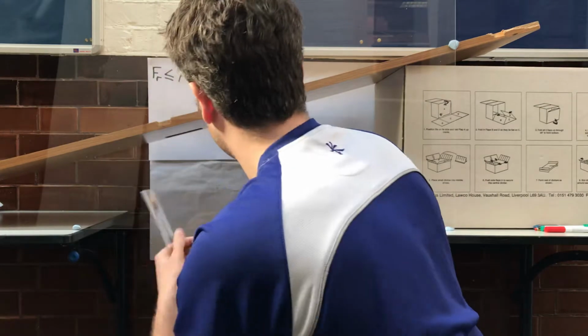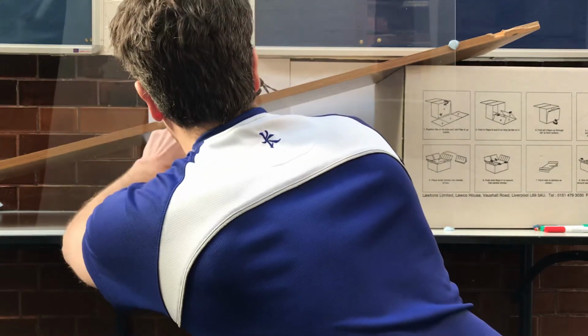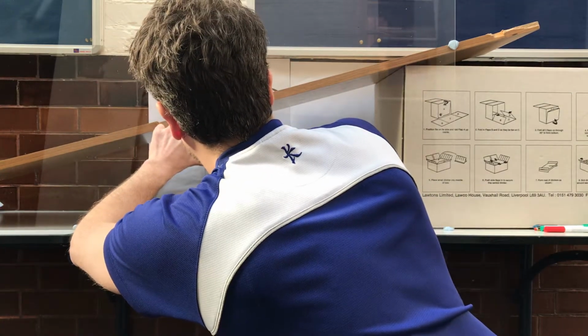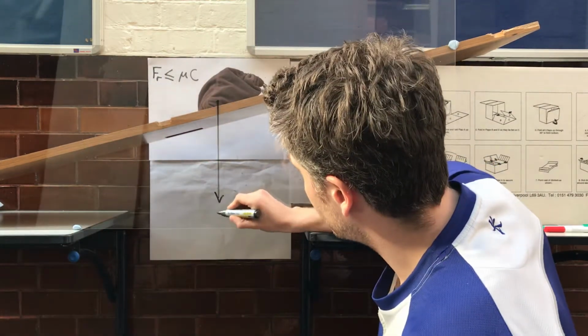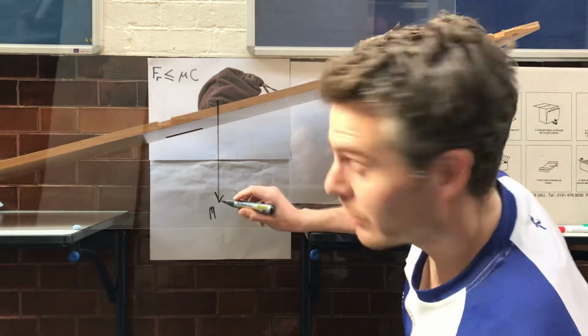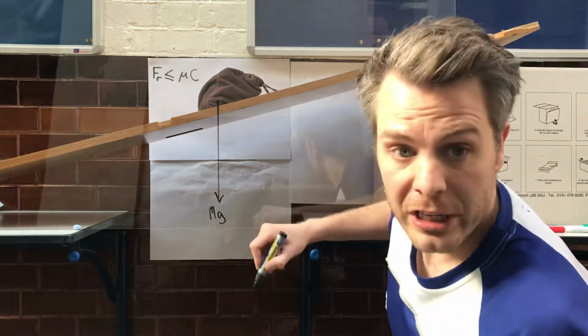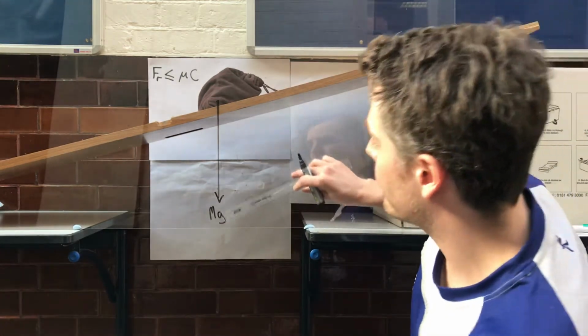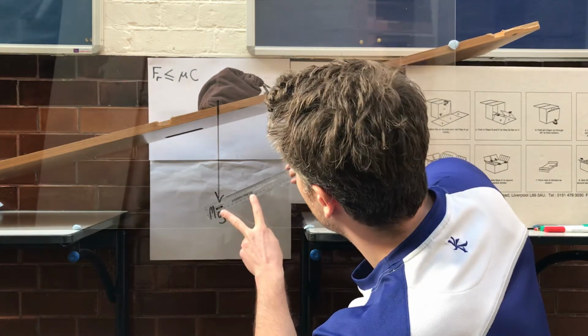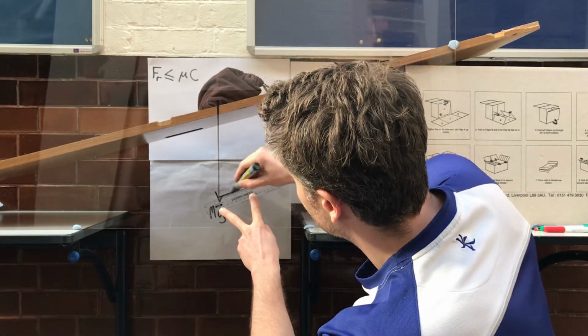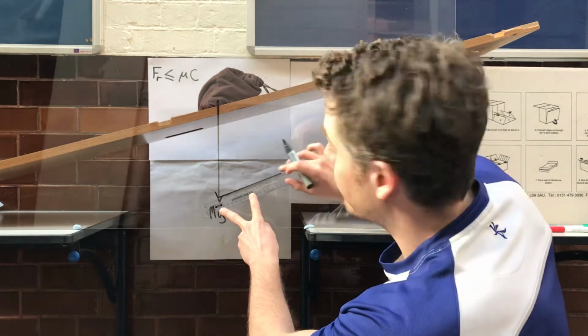And obviously this is a particle. So I'm drawing first my weight, okay, which is going to be the mass of the object times g. And then, because we've got a slope, I'm going to have to draw my resolved forces triangle. I've got one force that is parallel to the slope,